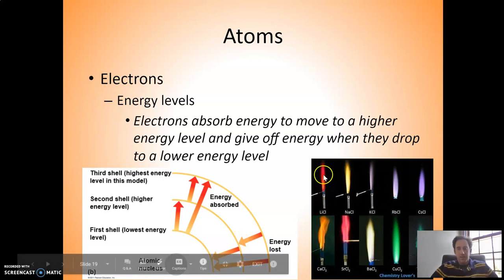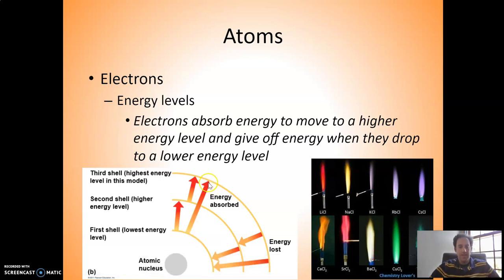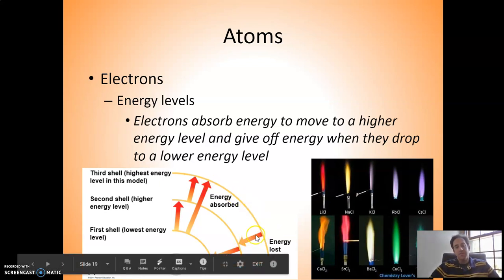And so basically, with these different salts that are being burned, the difference in energy between these different energy levels varies. And the amount of energy given off correlates to different wavelengths of light, which have different energy. So when you put these salts in the flame, woohoo, the energy of the flame allows the electrons to jump to a higher energy level. And then those electrons drop back down and give off a very specific wavelength of light, which correlates to